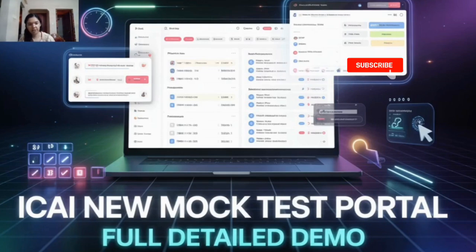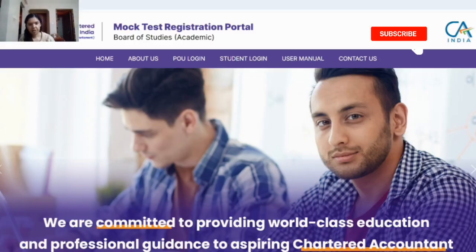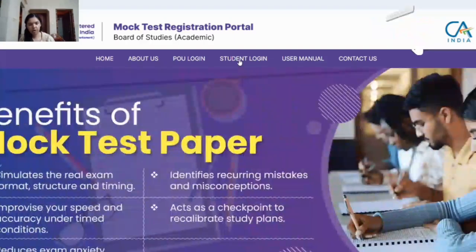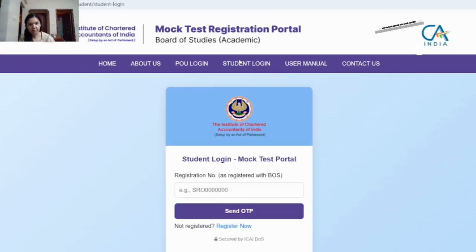So this is the home page of the mock test registration portal. Here you can see this option, student login. Just click on this. If you have already registered, you will just have to write your SRO number here and then click on send OTP.